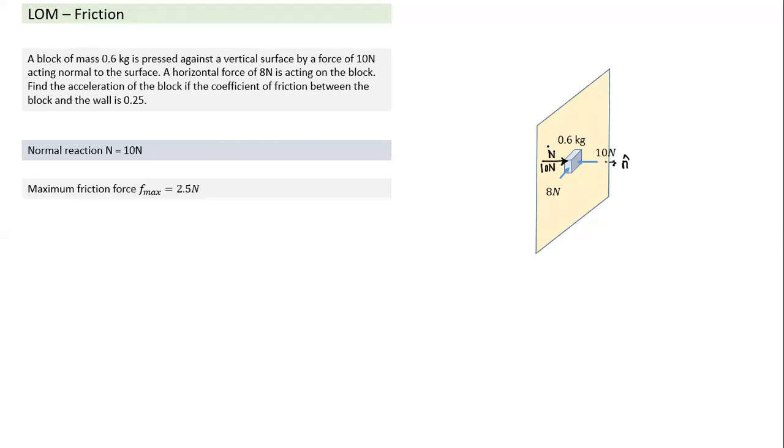So the moment we have the normal reaction, we know the maximum friction which can act. If the normal reaction is N, the maximum value of friction force which can act is 0.25 into N. So it means if we apply a tangential force anywhere on the vertical wall, if the net tangential force is equal to or less than 2.5 Newton, the block would have remained at rest. But if forces are greater than that, the block will not remain at rest. So let's look at what the tangential forces are.